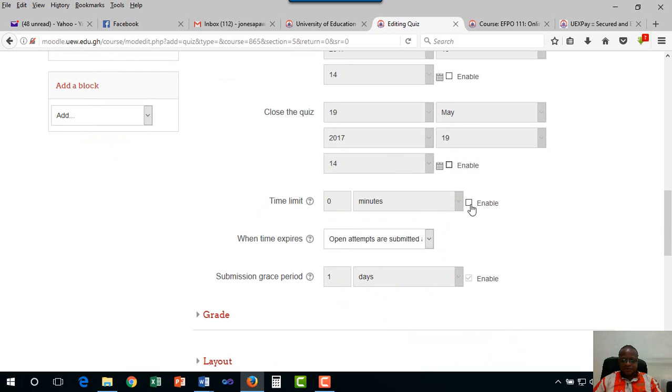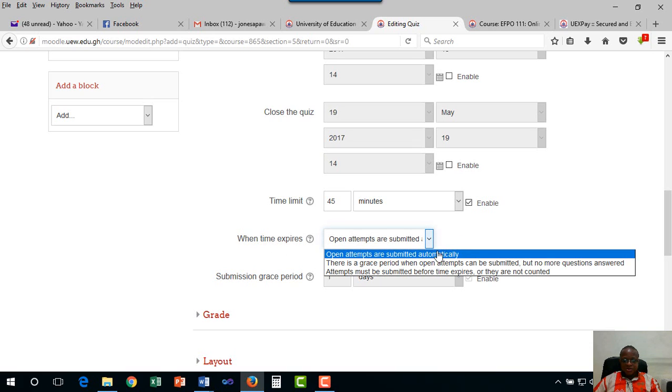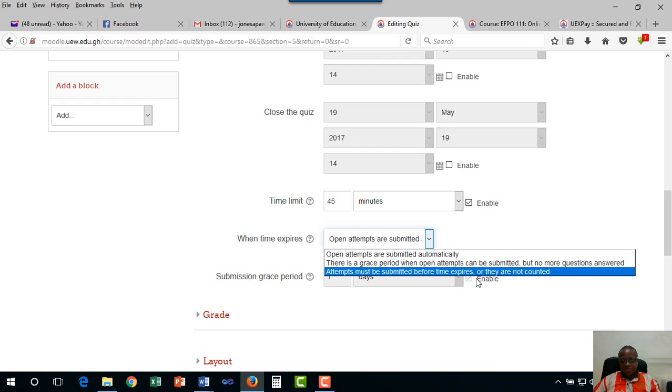The time limit, you have to enable it. If it is 45 minutes, then 45 here. It can also be in hours. If a quiz can take days or weeks, I don't know which quiz can, then you give that as well. Then when time expires, open attempts are submitted automatically, and please leave it aside, because if you pick attempts must be submitted before time expires or they are not counted, meaning if you have 10 items in the quiz and the learner answered 6 and the time has elapsed, the 6 will not be marked,